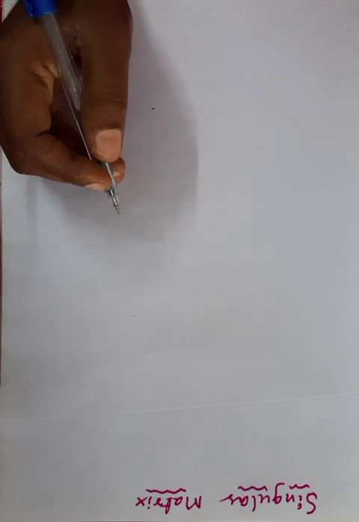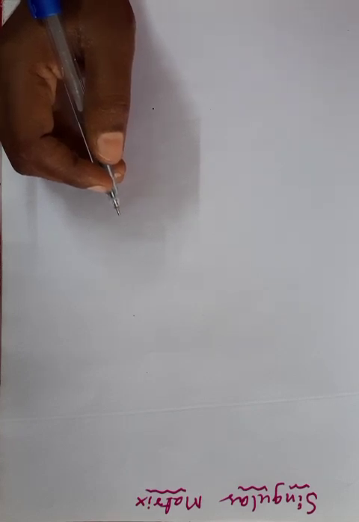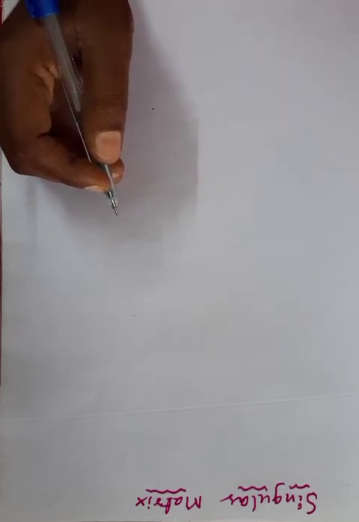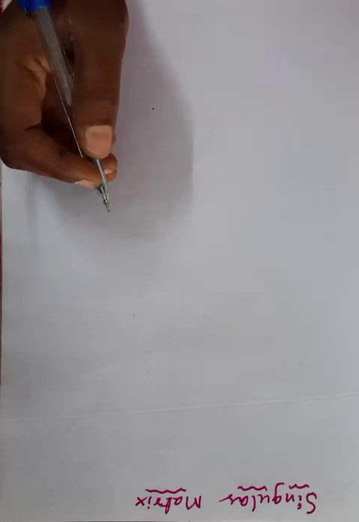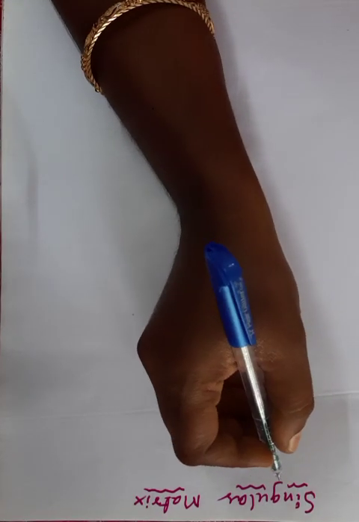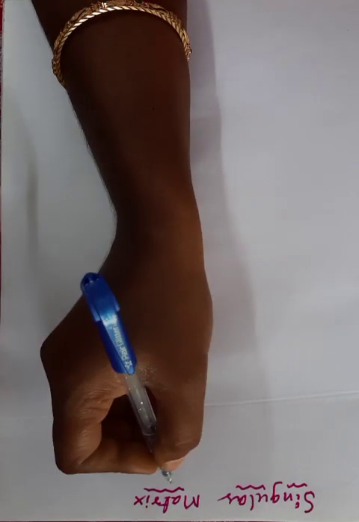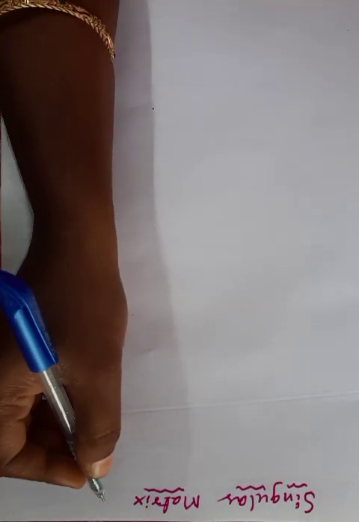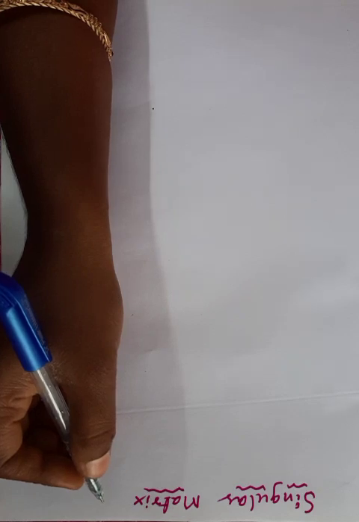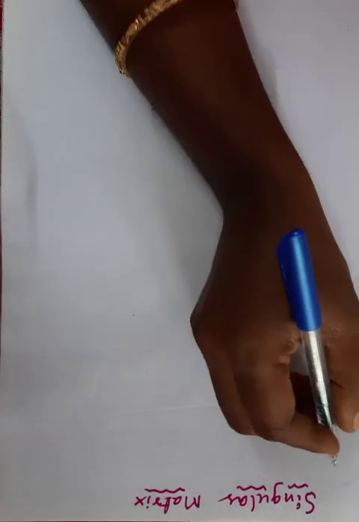Today we are going to discuss singular matrix and non-singular matrix and problems on singular and non-singular matrix. So first of all, our first definition is singular matrix. A matrix is said to be a singular matrix if its determinant value is equal to 0. Therefore, the definition of a singular matrix is